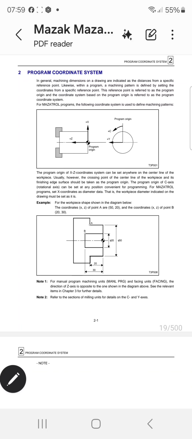I am a CNC operator. I want to introduce you to the Mazatrol program connector system. The machine dimension on the drawing indicates distance. If you use CNC, then have the shoot. Then this one is the Z for Mazatrol. Then the machine,